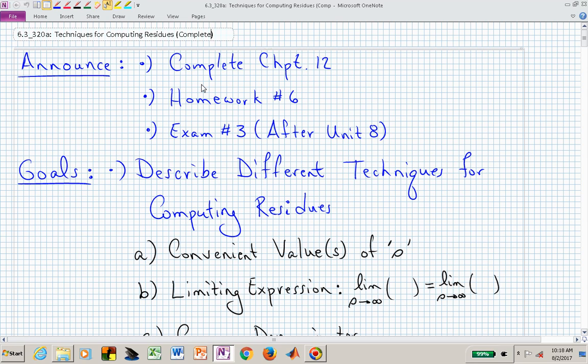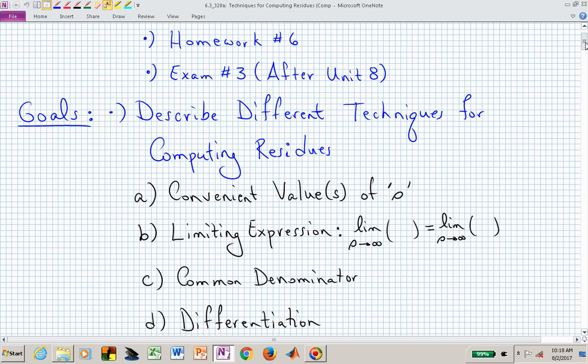This is another video in Unit 6, and homework number 6 will be due at the completion of this unit, and exam number 3 will be coming up at the end or after completing unit number 8. We want to be completing chapter 12, which, at the end of chapter 12, is dealing with